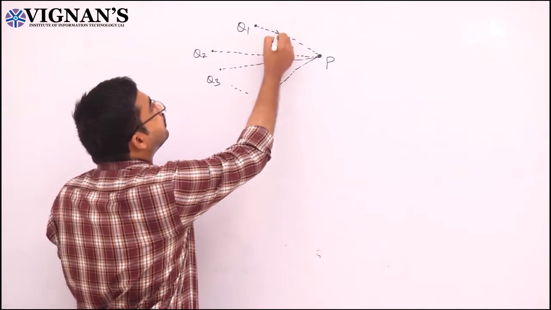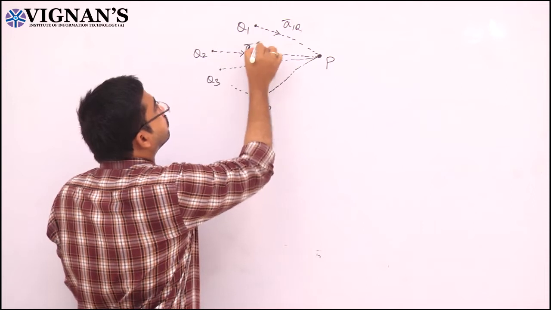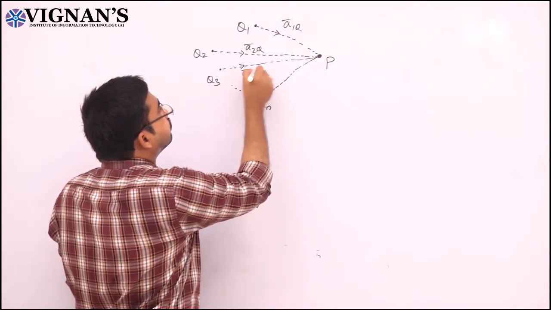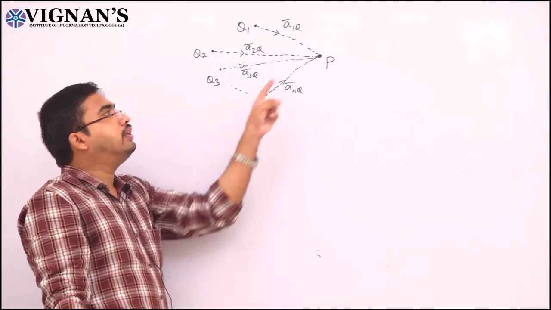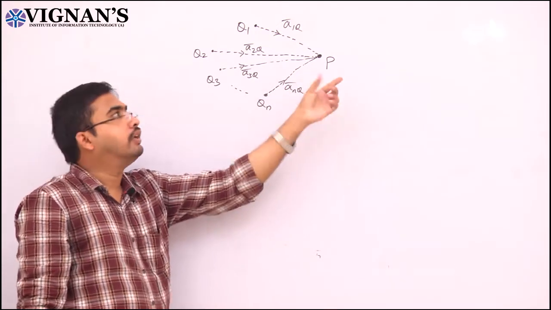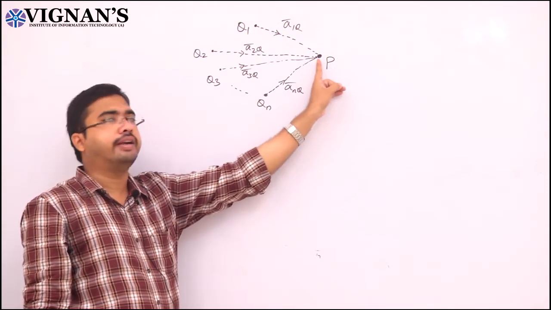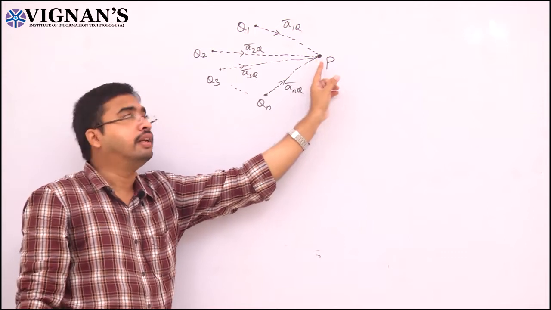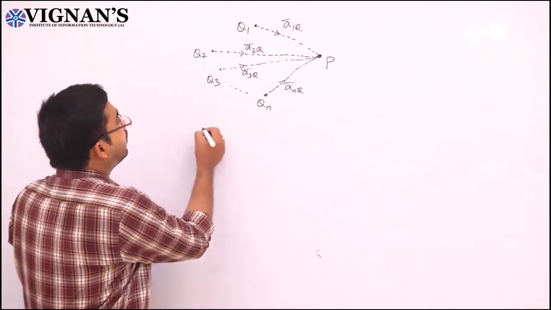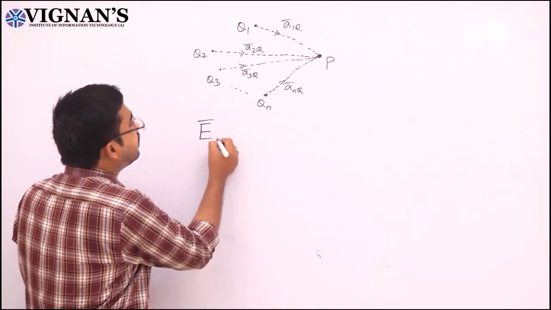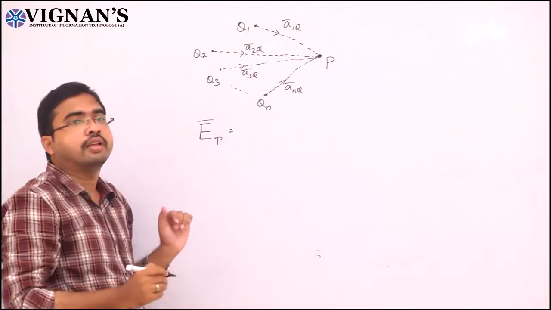Let us express the unit vectors. This is A1Q, A2Q, A3Q, ANQ. Now, according to the principle of superposition, the total electric field intensity that is acting at this point P is given by the vector sum of the individual electric field intensities. That means the total electric field intensity at this point P, take it as EP, is equal